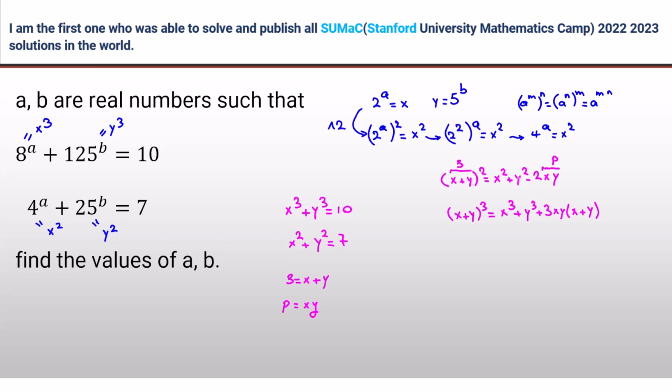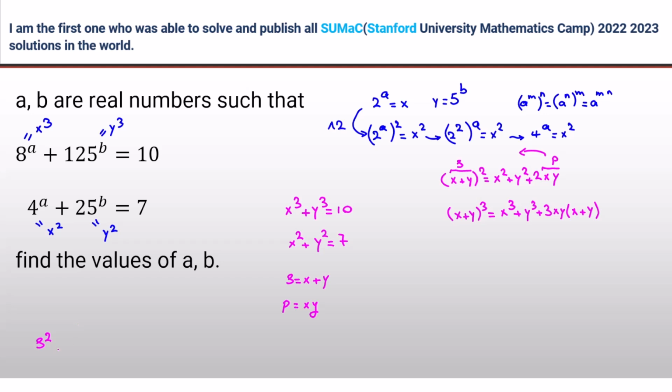This one is p. So x squared plus y squared is s squared. You can take it to the left hand side minus 2p. So for this one, we can write s squared, sorry, here instead of minus, you should place plus. Okay, so if you take it to the left hand side, it will be s squared minus 2p